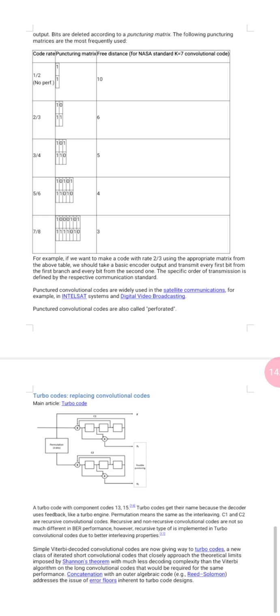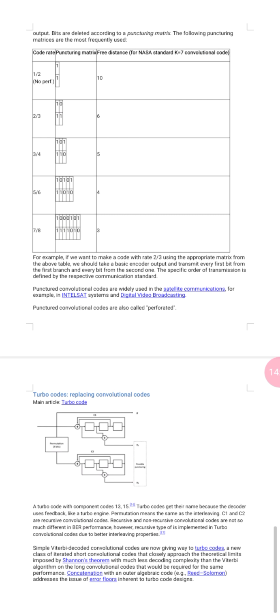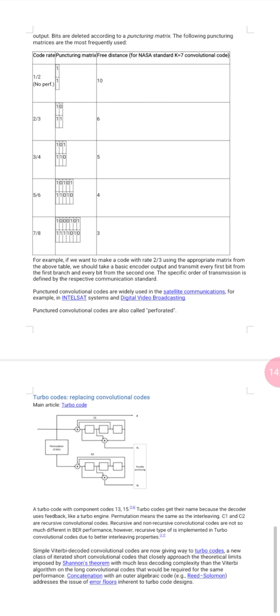Okay, and the free distance for k equal to 7 is 4. And last is 7 by 8 code rate, the puncturing matrix is 1 0 0 0 1 0 1 and next row 1 1 1 1 0 1 0.